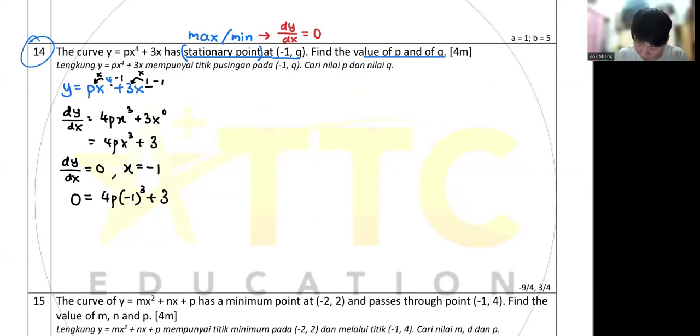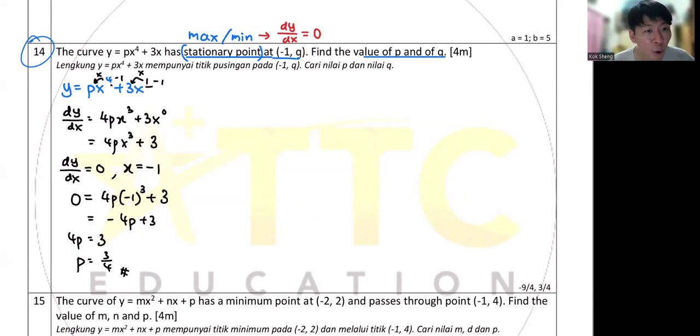Okay, done. Negative 4p plus 3. 3 over 4. This is the p value. Okay, first part done. And last part, the q value here will be